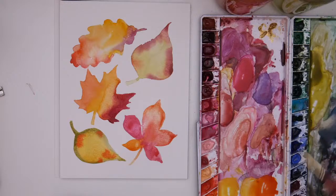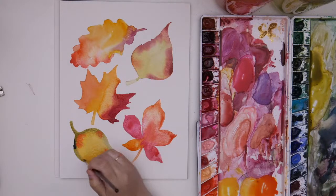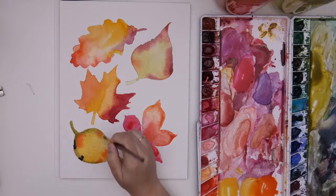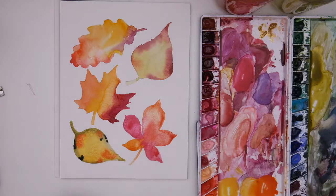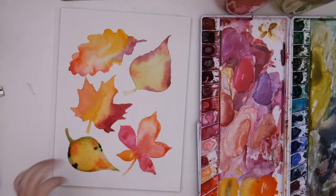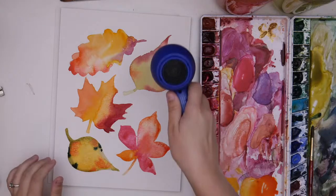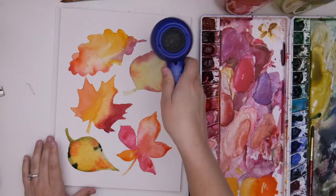And now I'm just going to wait for these to dry all the way. And then I'm going to finish these off with a little bit of detail. So I think this one's still pretty damp. I've got a little tiny blow dryer here. I'm just going to